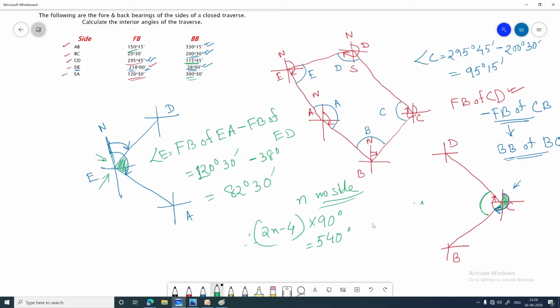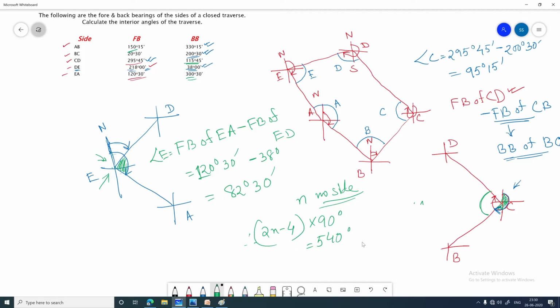If there is no local attraction. There is a concept of local attraction, definitely we will do it in the next class, but I am giving some hint. Local attraction means suppose there is any magnetic field, actually you are using a compass here, right? The compass consists of a magnetic material, there is a magnetic needle. So if there is any electric wire or any kind of magnetic field, it may deflect, and due to that deflection we have some error. We need to minimize that error, and for that reason we need to use some formulas and techniques to reduce it. We will definitely do that later.